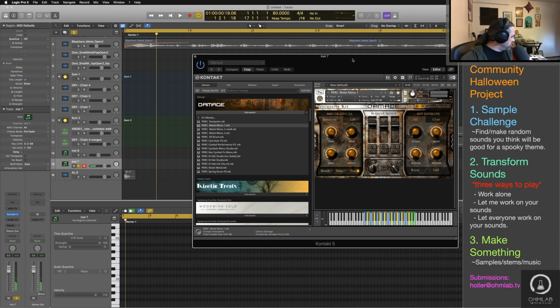Let's just say you tapped the top of your stove instead of having a bowl on something. You had a plate or something there, right? EQ that, put it through some reverb. It starts to sound like this. Maybe a pan. This could easily just be